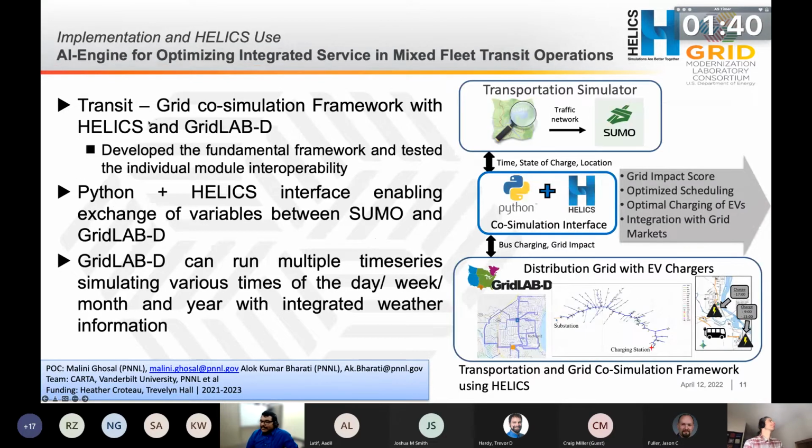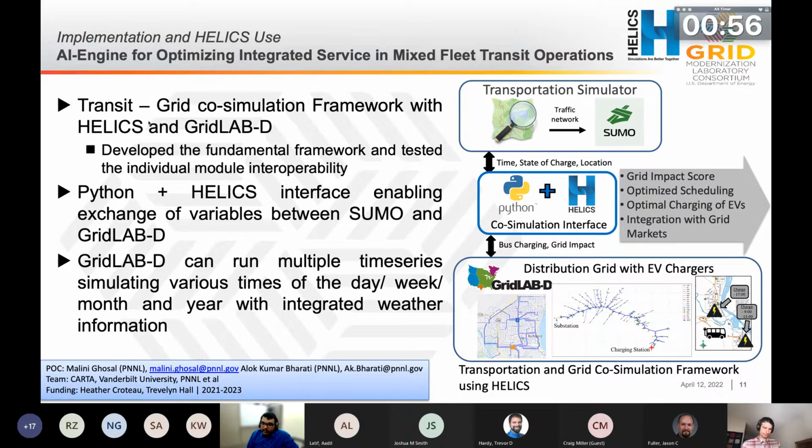There you go. So here we have shown the use case of where we are actually using HELICS. A lot of my involvement in the project was to develop this interface with the transportation simulation software called SUMO. It is also open source simulation software where it can integrate the GTFS data and also combine it with a lot of the transportation routes with detailed modeling, including the traffic simulations. So we are integrating this with the